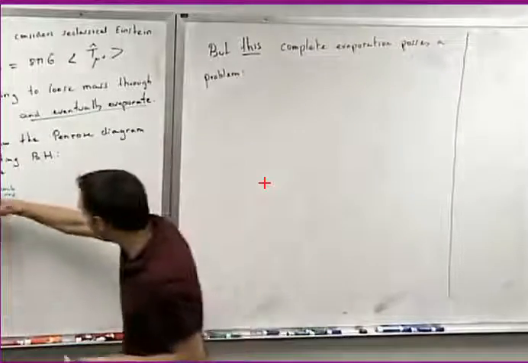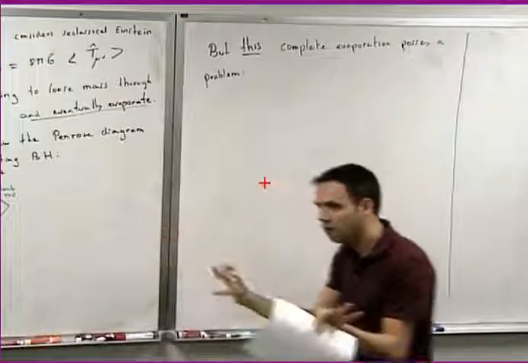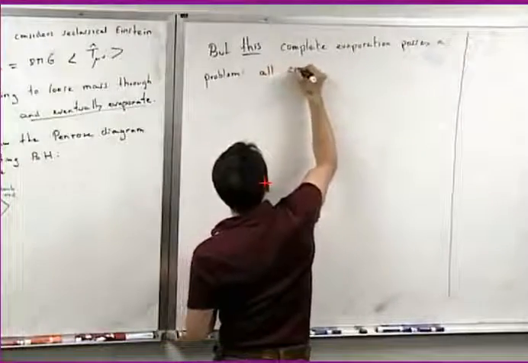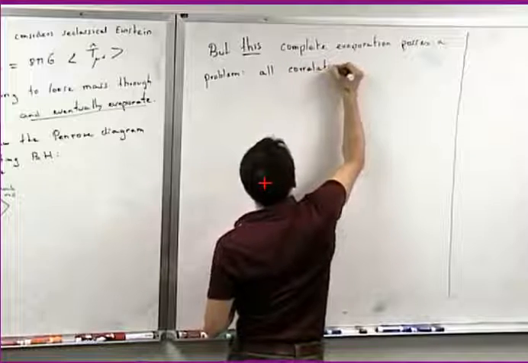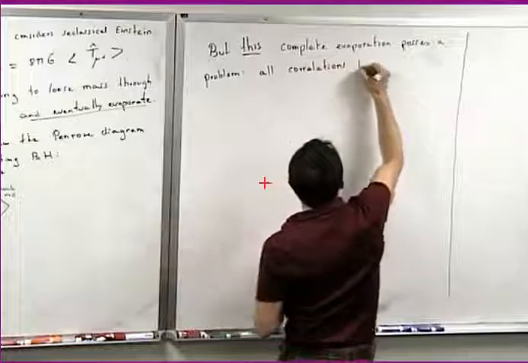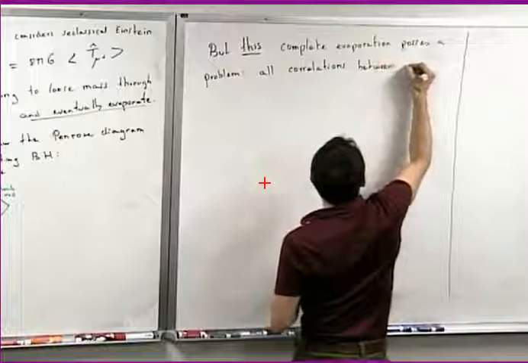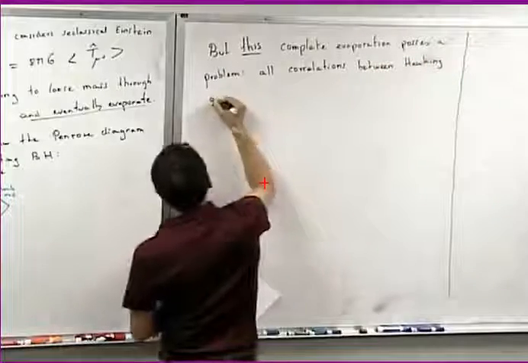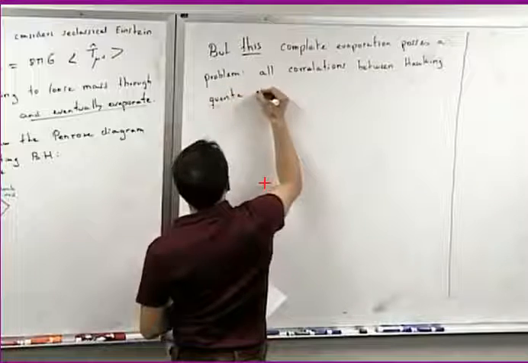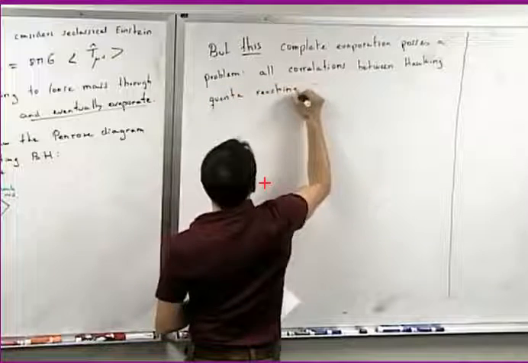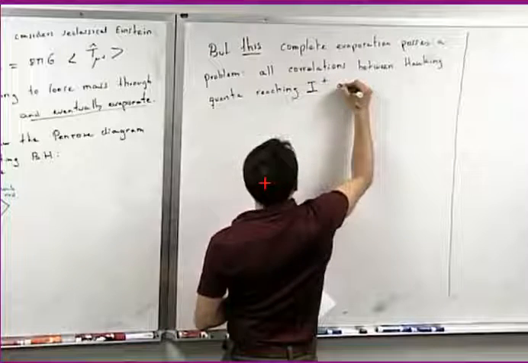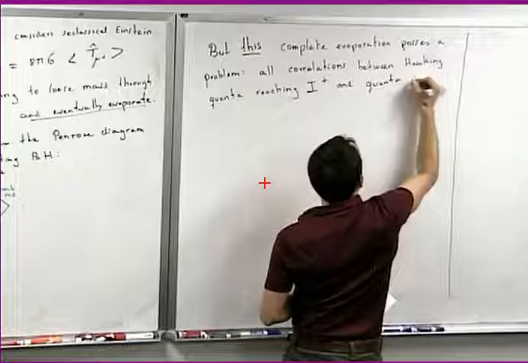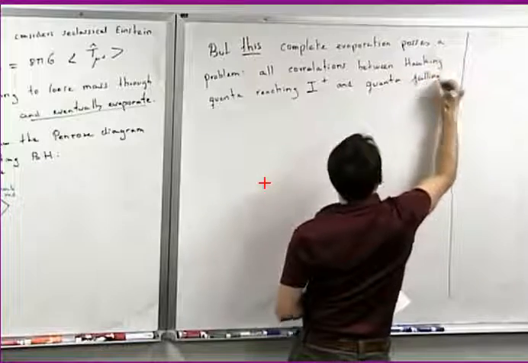The black hole has completely evaporated, it is not there anymore. We don't have a black hole anymore. So all correlations or entanglement between Hawking quanta reaching scri plus and quanta falling inside the black hole